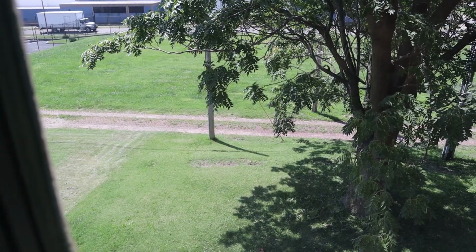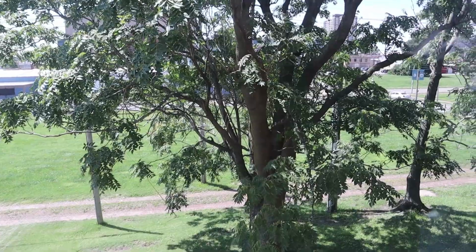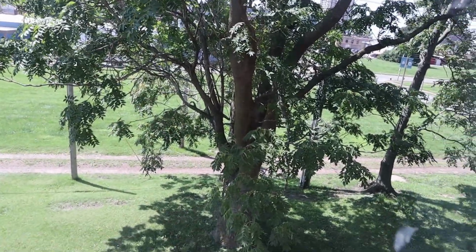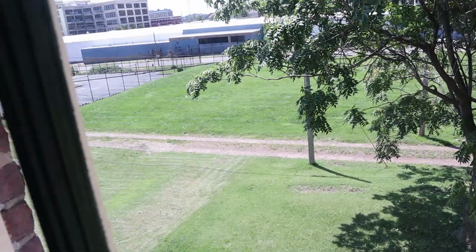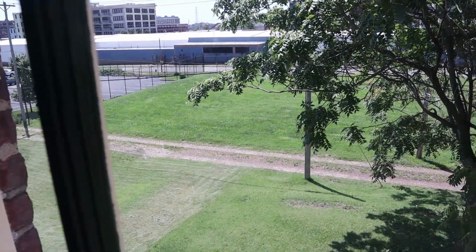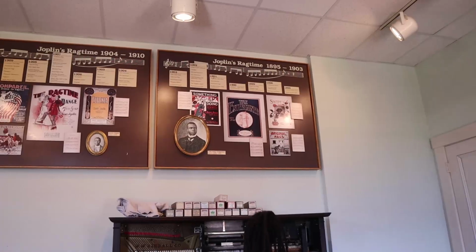This is very common with these old row houses and alleys like that. Well, the alleys don't get burned up, but these row houses will be set on fire so that the mortar will be loosened, and many people will steal the bricks because the bricks are pretty valuable. I actually don't know how much these